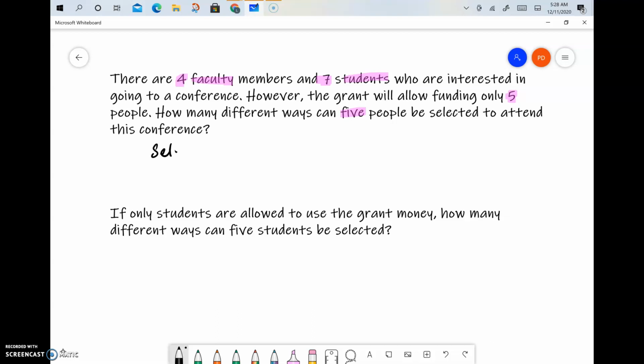So select a certain number of people from, and here we have no restrictions. We can select from any of the students or faculty, so that would be 4 plus 7 people, which is 11 people. So we have to select 5 from 11 because there are absolutely no restrictions. Any of the 11 people can go. So since it's a selection,